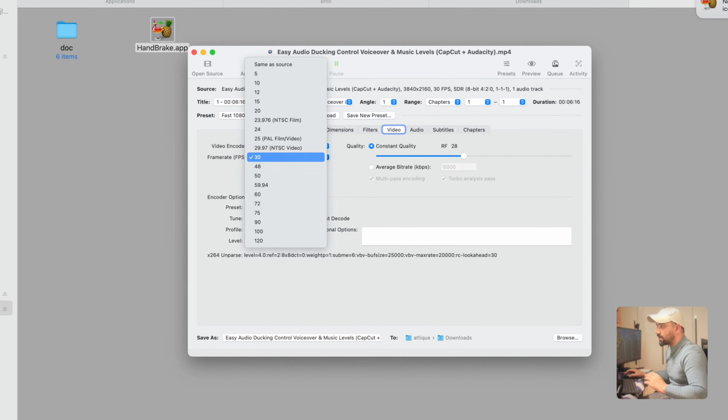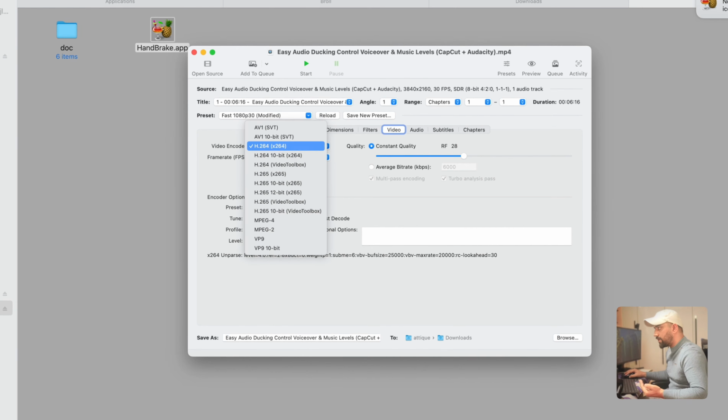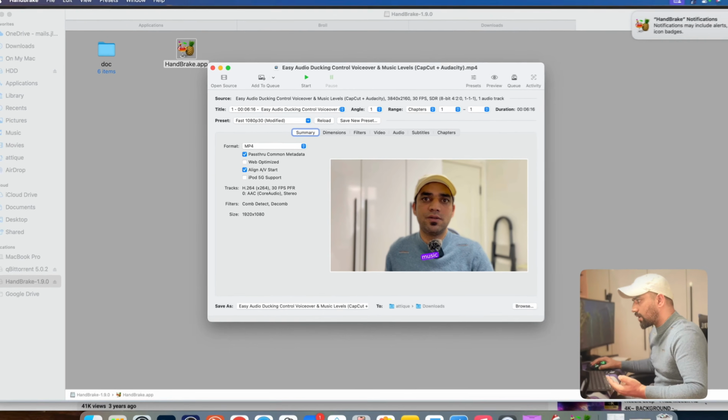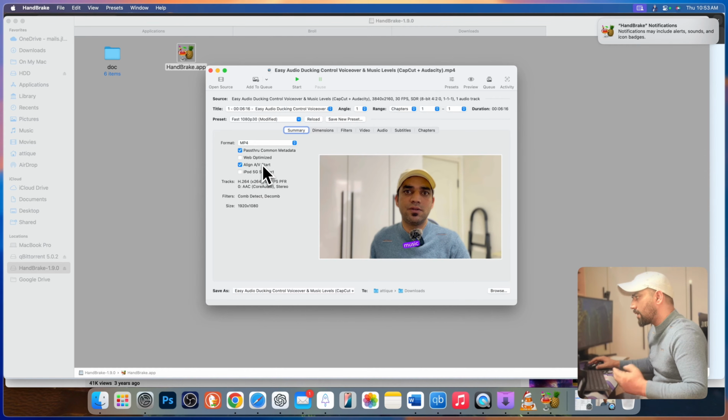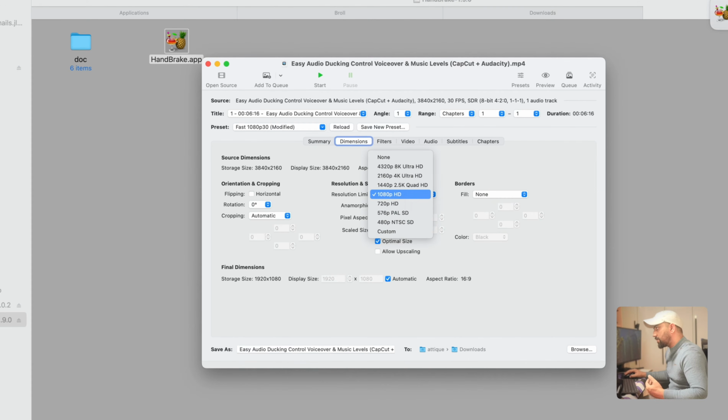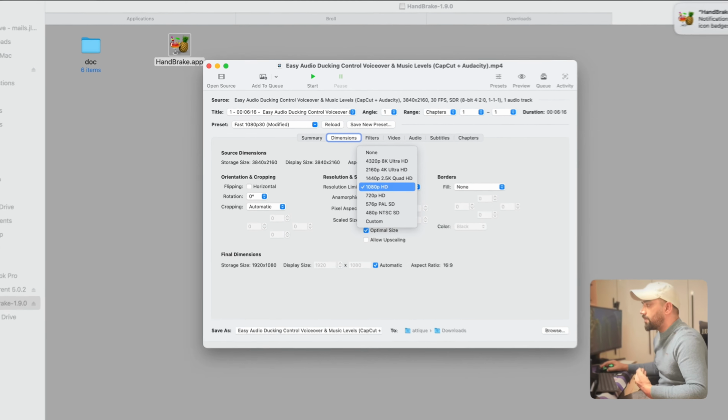Here you can also choose the frame rate, the video encoders, and in the summary section, if you want to go for web optimized, then you can select this option. And if you want other options like iPad 5G support, then you can choose this one. And here you can choose MKV, WebM or MP4. So I'm gonna go for MP4,